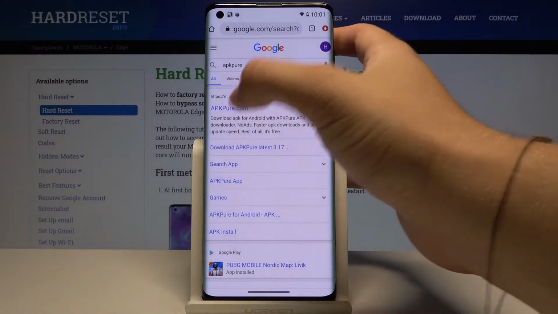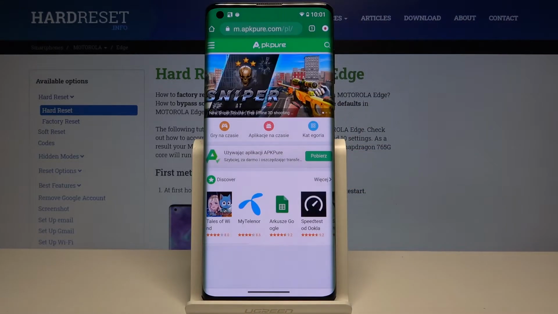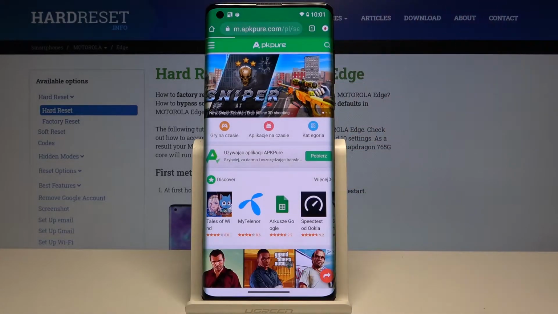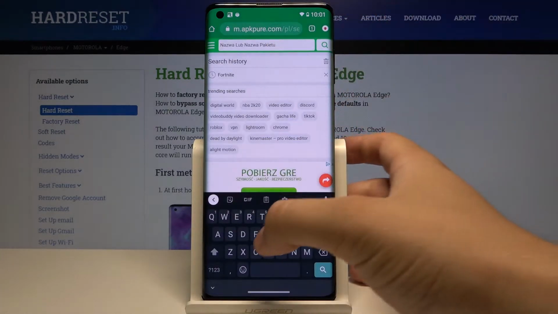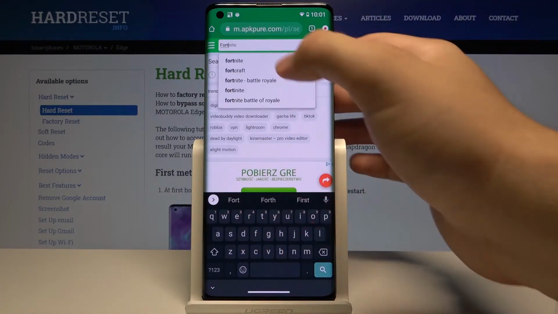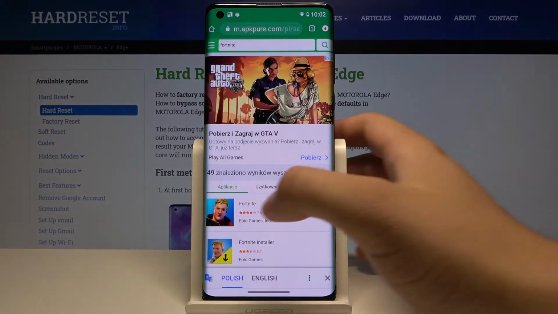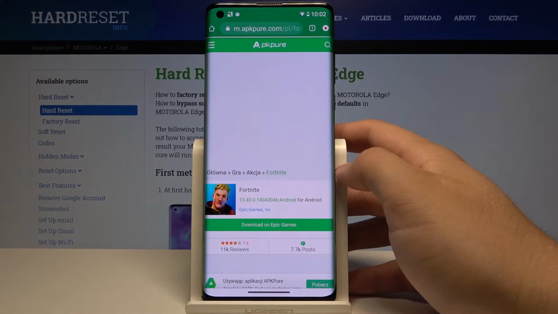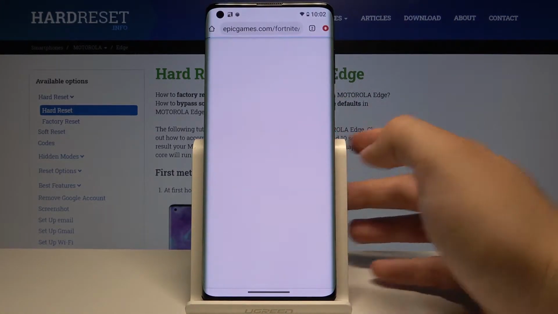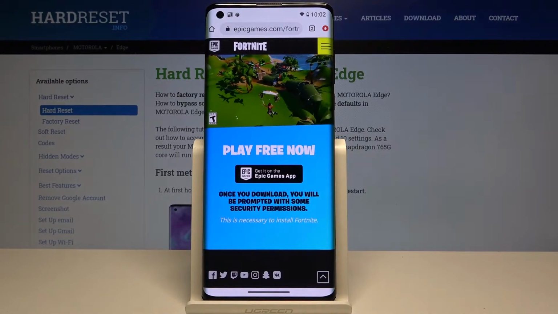Let's enter the apkpure.com website. Tap on the search bar in the right upper corner, tap here one more time and type Fortnite. We have to get this application and get it from the Epic Games. Click right here,